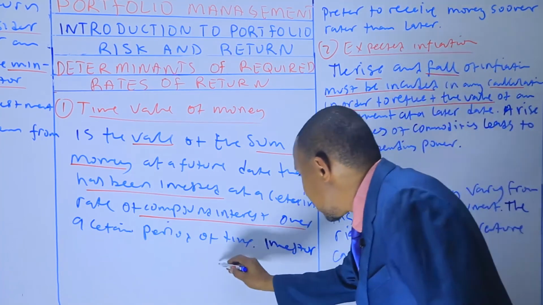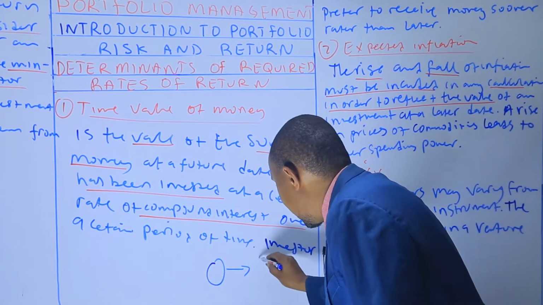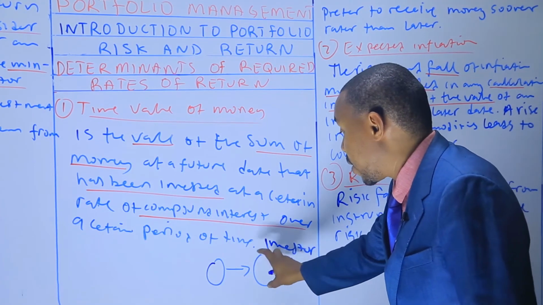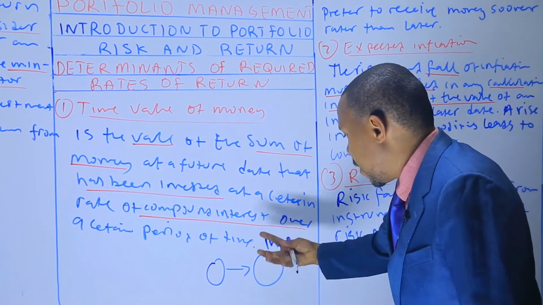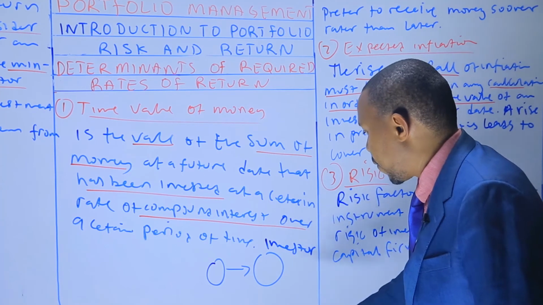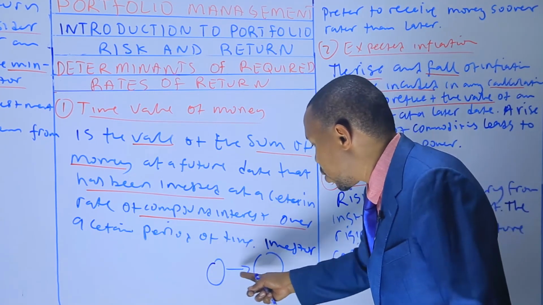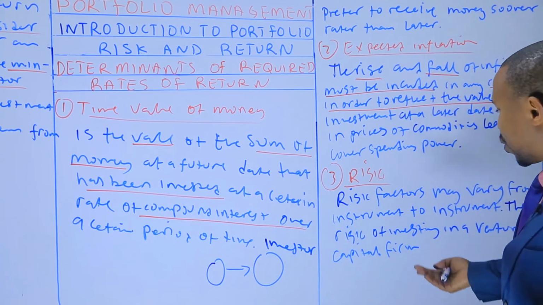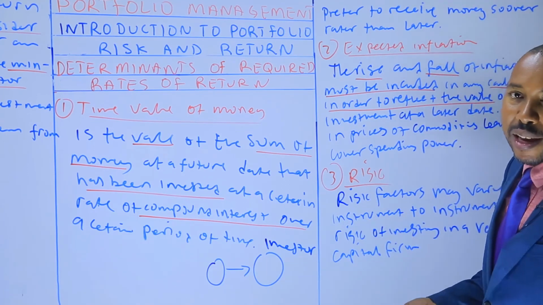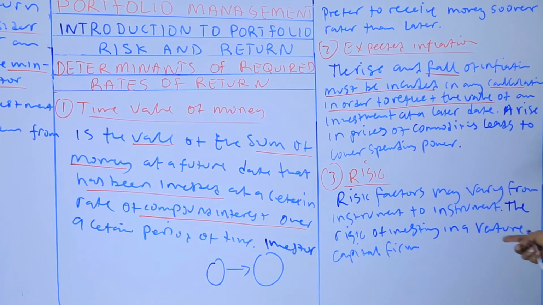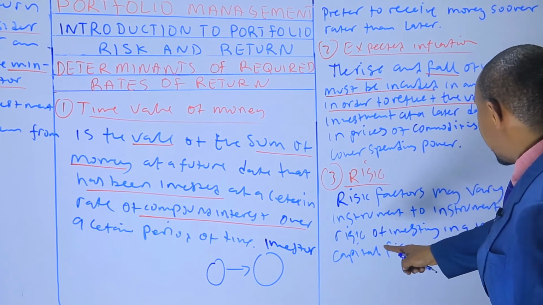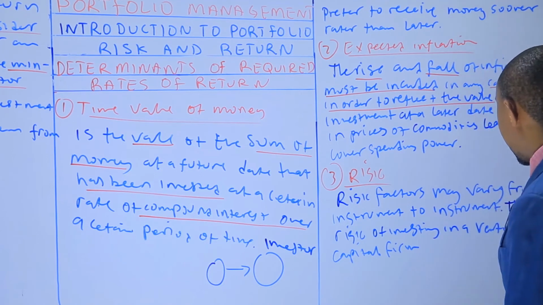It has moved from a smaller level to this level in terms of assets or the size of the company. So the risk of investing in a venture capital firm is high,